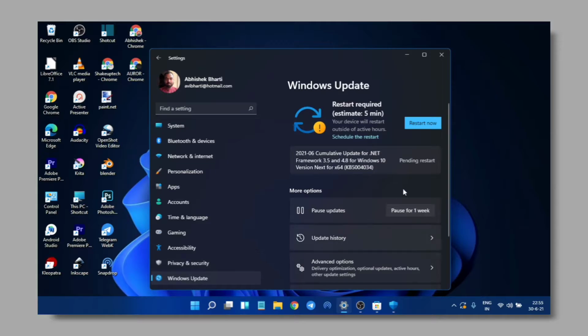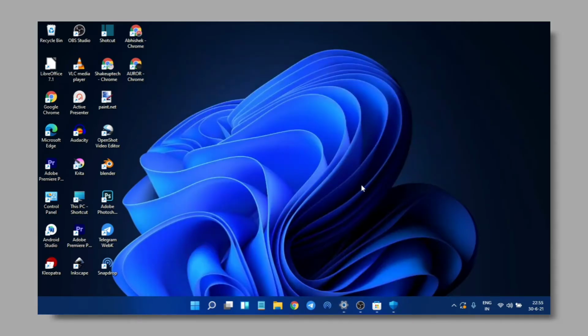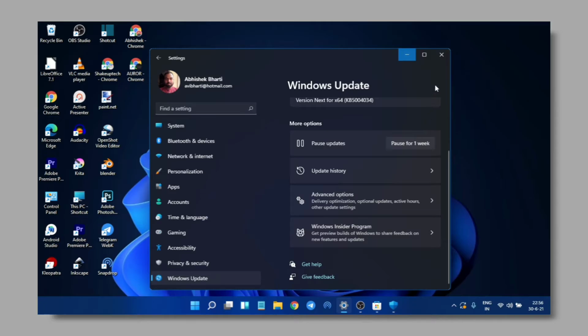Okay, let me go to Windows Update. I think I've already been there. You see my new update is pending, and I've already showed you the Windows Insider, right? So I'm really happy that I can test it out, and I will show you the quick toggles here. Okay, this is running. This is the quick toggle. This is Wi-Fi. I click on it. I really like it. It reminds me of Android actually. I don't know why it feels so similar to Android or Chromebooks. Is it just me or is it like that?